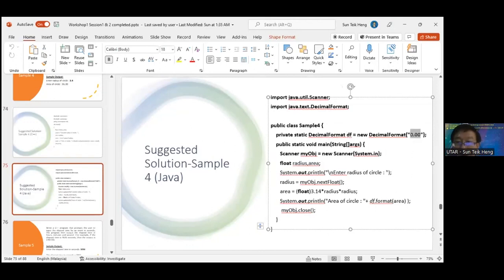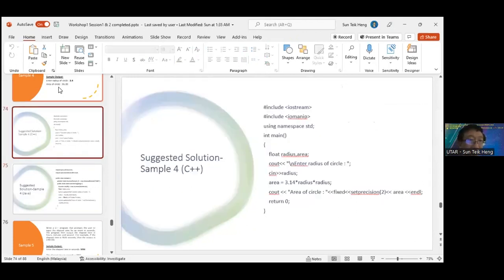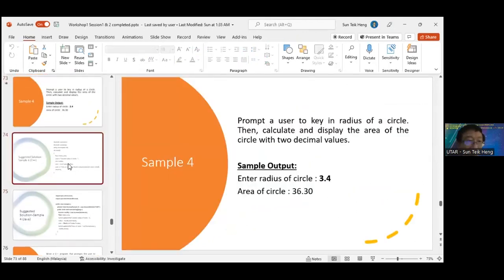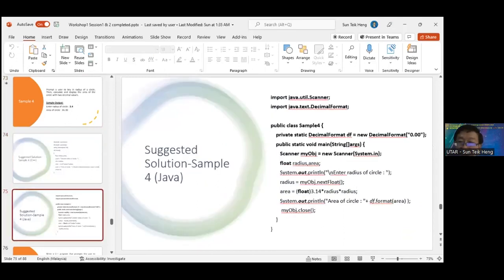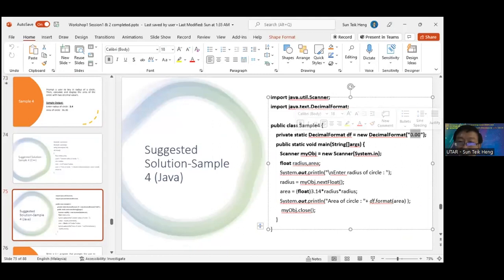So the format is in 2 decimal place. If the question says 2 decimal place, so the format is in 2 decimal place, so 0.00 is the pattern. Then